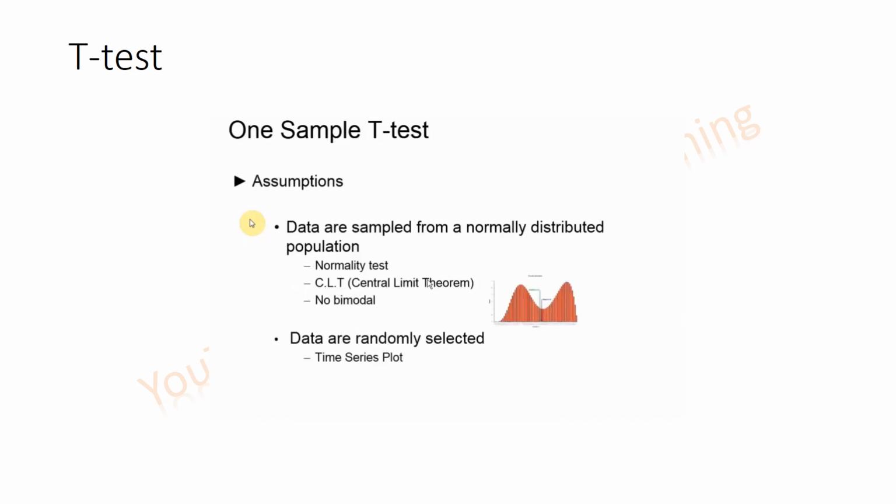All right, so we talk about assumptions. All the tests have assumptions. The assumptions for the one sample t-test. First assumption, we'll call this normality. Data are sampled from a normally distributed population. I should say roughly. Okay, roughly normally distributed. Why do we have this